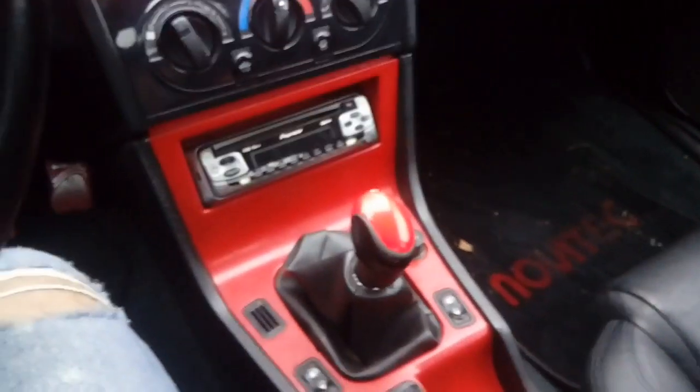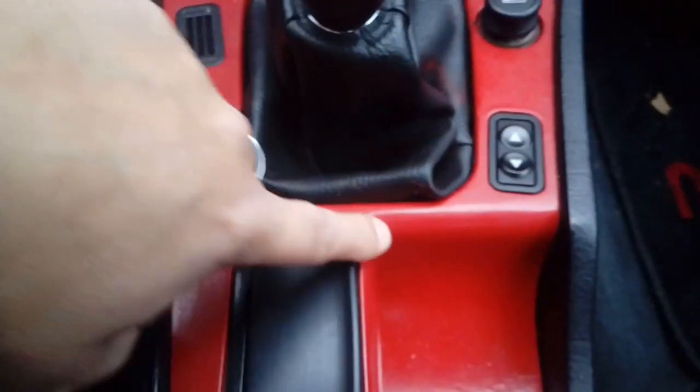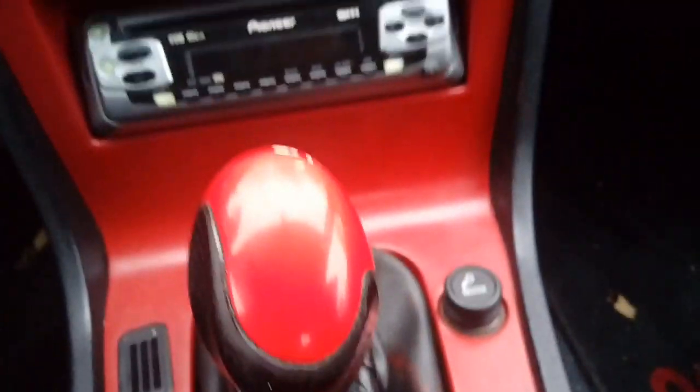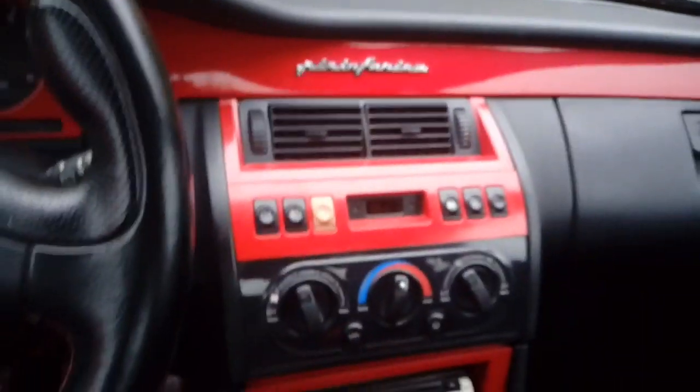And of course, this whole panel was not red from the start. Someone has painted this red, and I think it's like a brush paint job. It looks like it. I would like to do it again. It will probably be black from the beginning, but I like it when it's red. And it's beautiful inside. I think it's new leather in the seats. The previous owner said something about that,